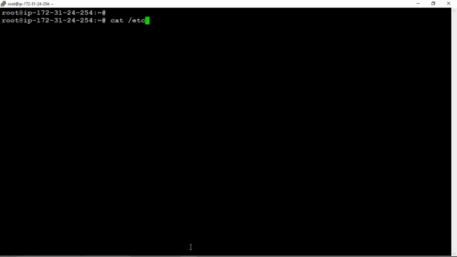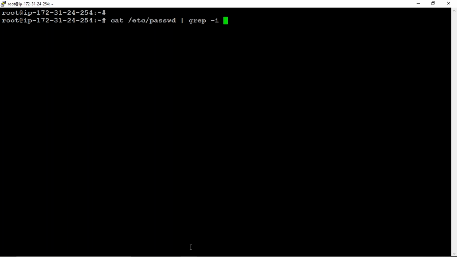Cat space /etc/passwd, give some space, and use the pipe symbol. I'm using grep space -i, and I just wanted to print the usernames that have the name user.